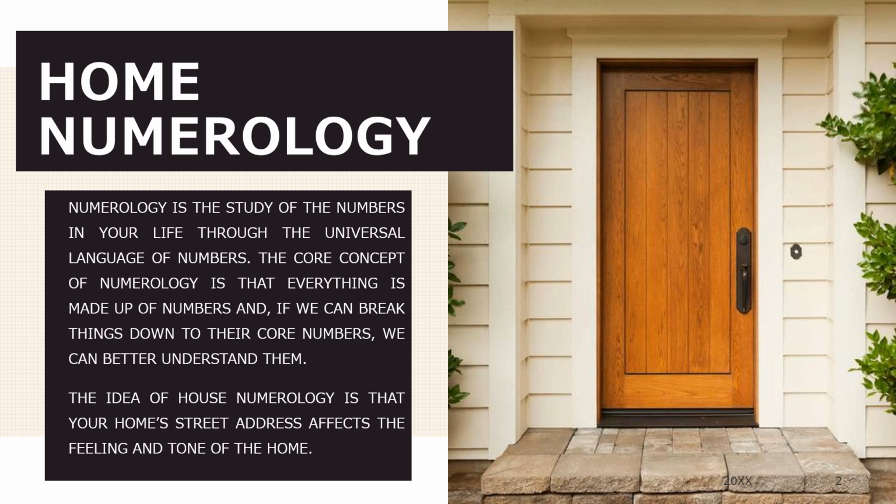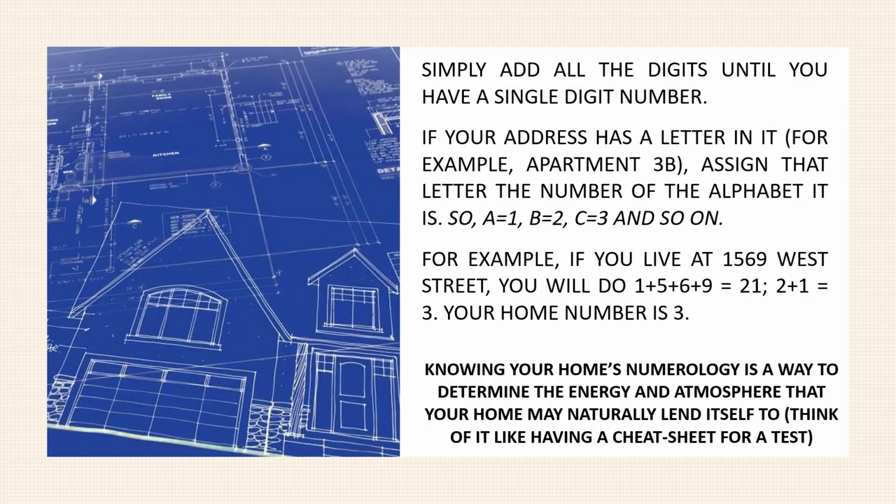Numerology is the study of the numbers in your life through the universal language of numbers. The core concept of numerology is that everything is made up of numbers, and if we can break things down to their core numbers, we can better understand them. The idea of house numerology or home numerology is that your home's street address affects the feeling and the tone of the home. To figure out the number of your home, simply add all the digits until you have a